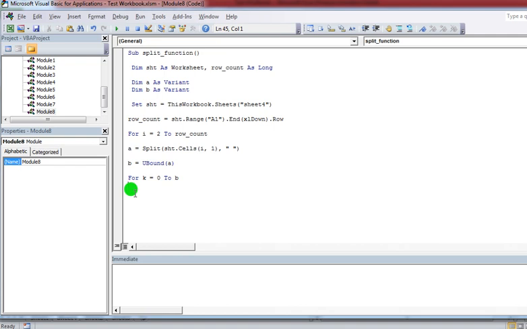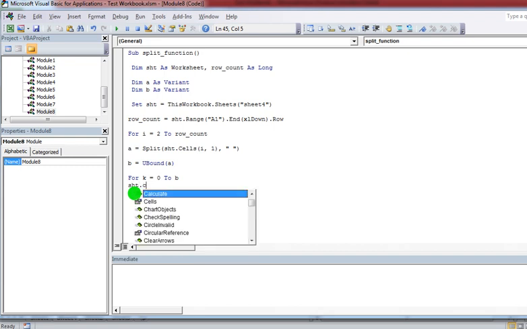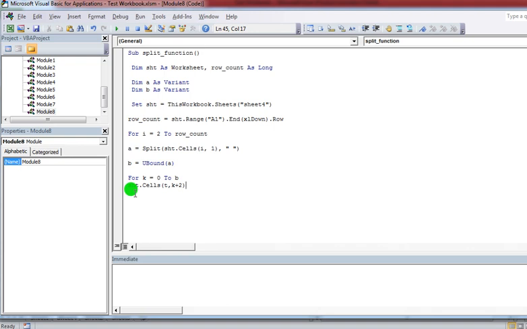So sst dot cells, I'm taking one more variable, t, and the column index is t. It starts from the second column, right? And here I'm passing a(k). And here I'll do next, and now I increment t equal to t plus 1, in the second loop, that is this one.